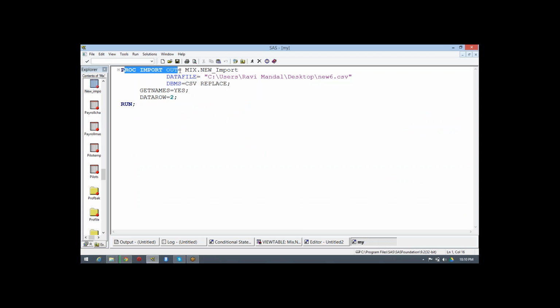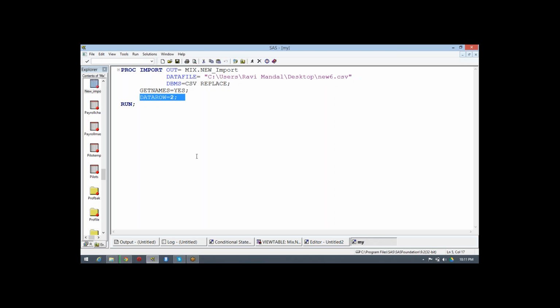They use proc import, where out is the name of the location where you want to save this file, with that name, and datafile is the source of the file. Then dbms type is CSV. Getnames is used when you want your first row to be included in your dataset by default.